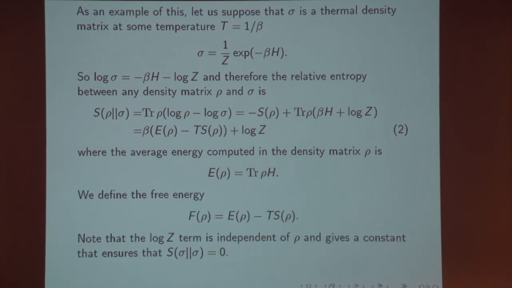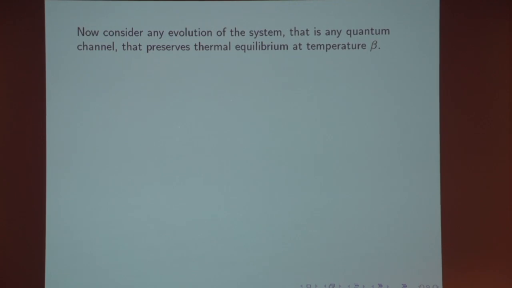But, well, you could compute the constant or remember it from thermodynamics, but the log z term is independent of rho and gives a constant that makes S of sigma with itself 0, which tells you that the relative entropy is a free energy difference between rho and sigma. So I use the fact that S of sigma and sigma is 0 to determine the log z term. But what we determine it to be is something, if you think about it for a bit, you'll remember from having learned statistical mechanics. Now consider any evolution of the system, that is any quantum channel, that preserves thermal equilibrium